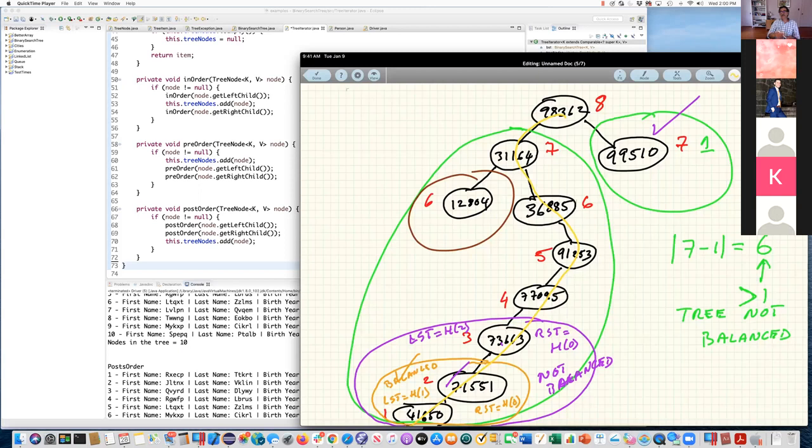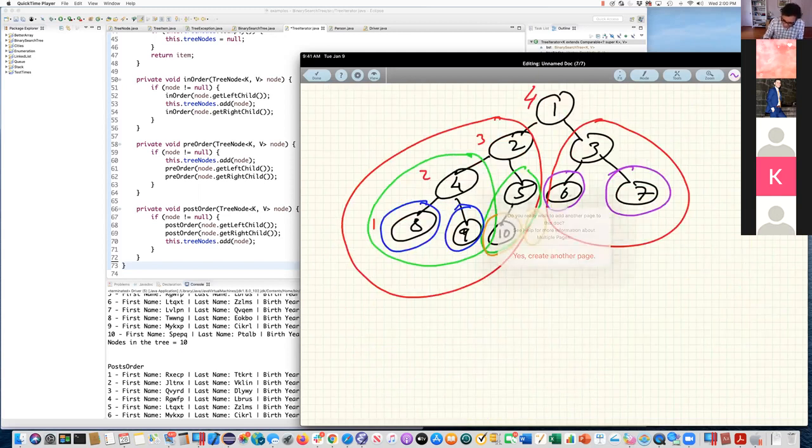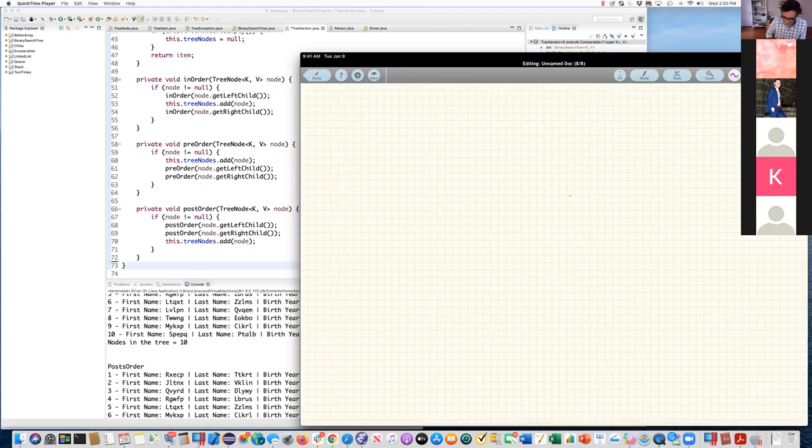Now, once I put them into the tree, it would be nice for me to be able to go through and balance the tree. And the question is, how do I balance the tree? Well, one simple algorithm for balancing the tree. So let's take a tree here. Let's draw a tree that has numeric keys in it, and let's balance it. So I'm going to draw a tree here.